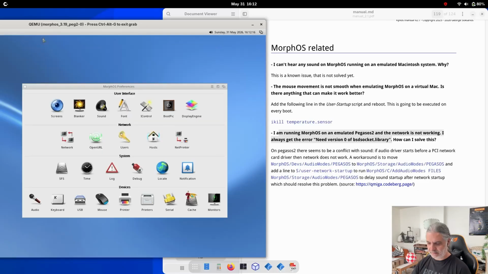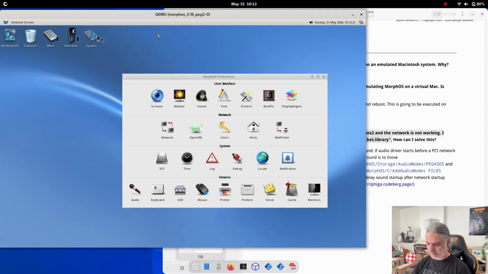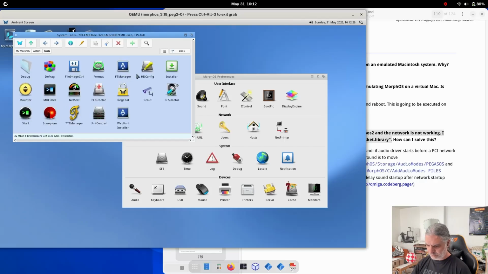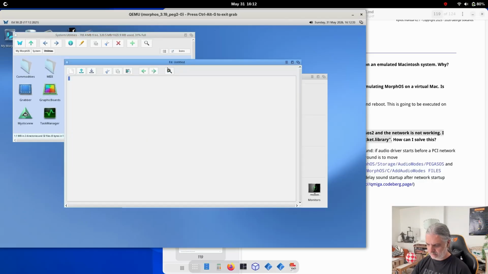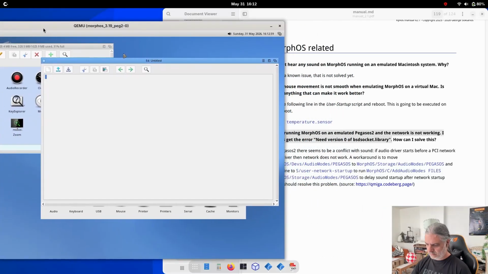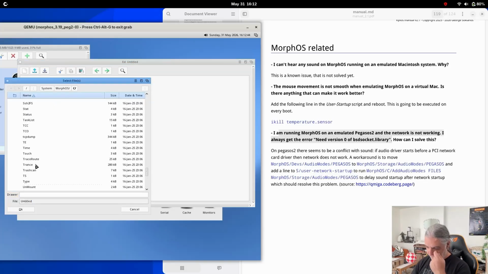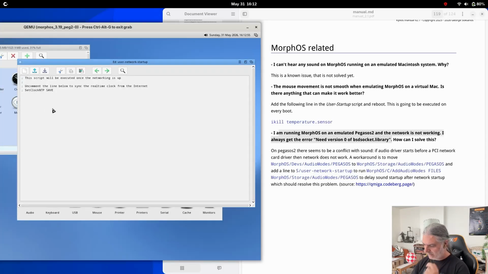Okay, so we need an editor. I'm going to go to tools or utilities. Utilities, okay, editor. And open the S system as user startup or user network startup, this one. And at the end,